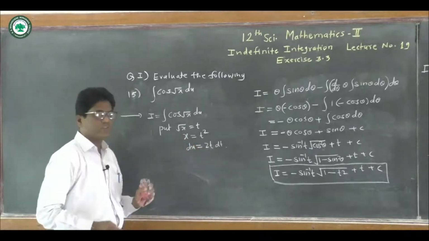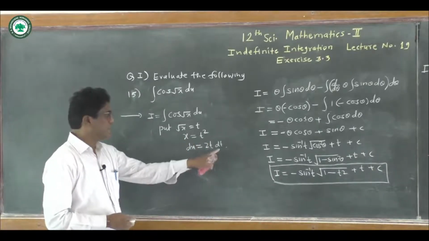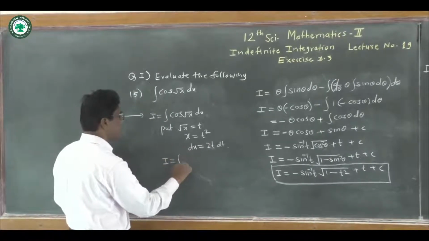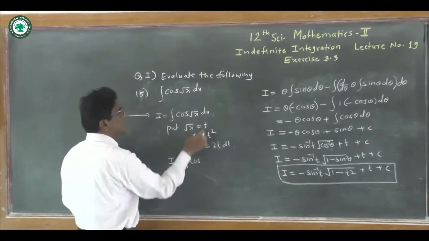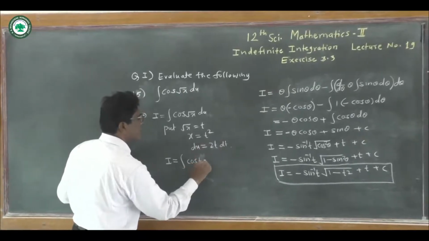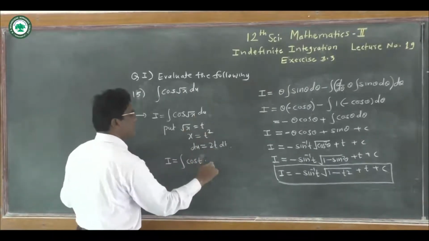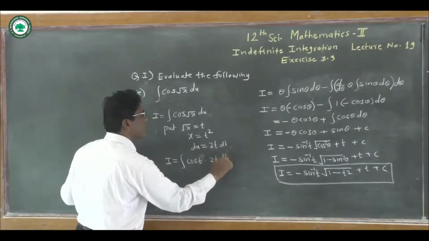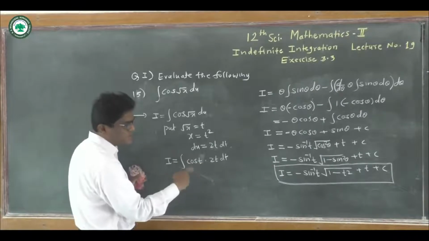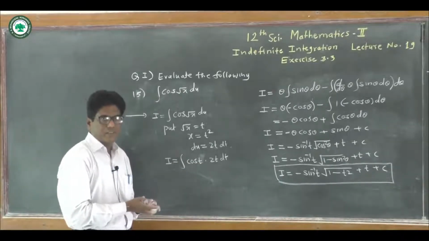So we get dx is equal to 2t dt, and therefore this I becomes I is equal to integration of cos of root x as t, root x as t, into dx we replace by 2t dt. And now here again it is a product of two functions, so use integration by parts rule, that is integration